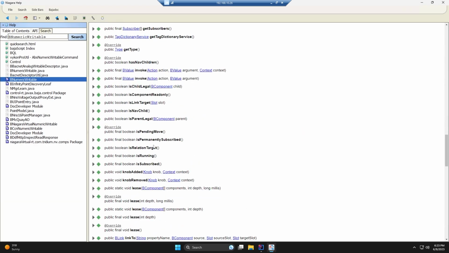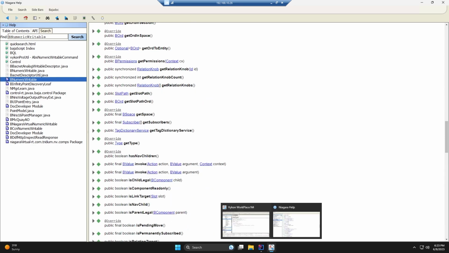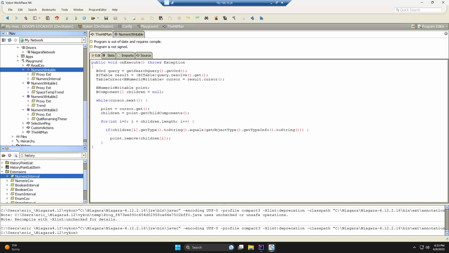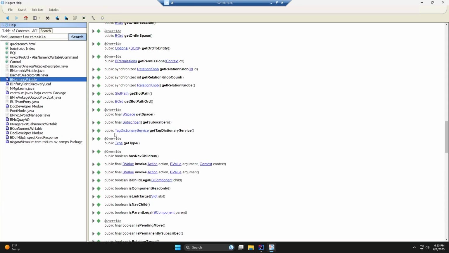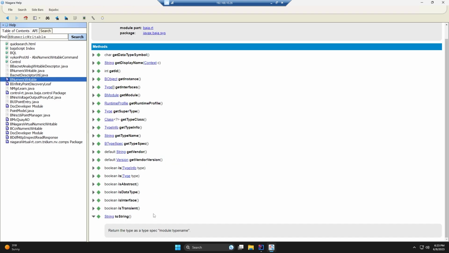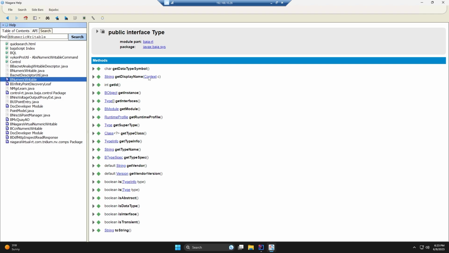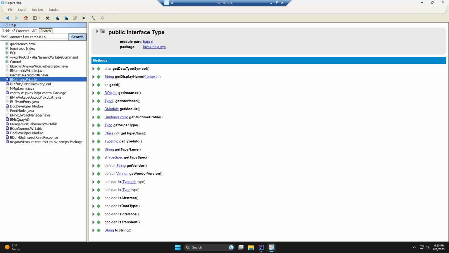So here we're getting the type. And then we're casting it to a string. So when it returns a type, we can convert that type, because type is a type. See here, it's a type. We can cast that to a string, so the output will be in a string format. And then a string